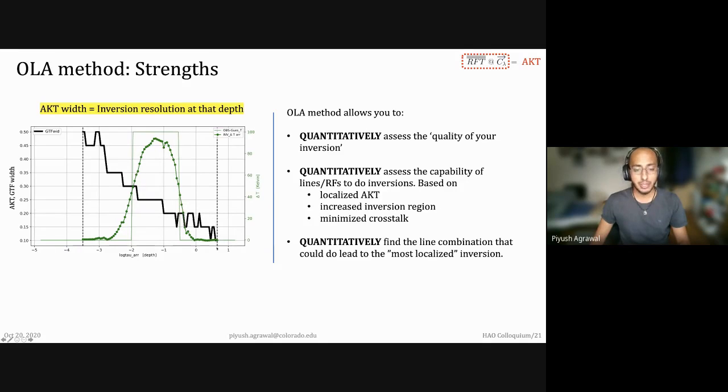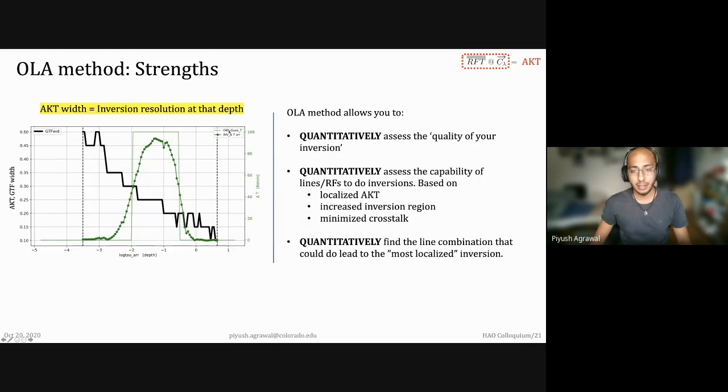That just means that you're doing a really good, really localized inversion at those locations. Whereas in the shallower ones, and this is me re-emphasizing the point, you can only do wide, heavily averaged